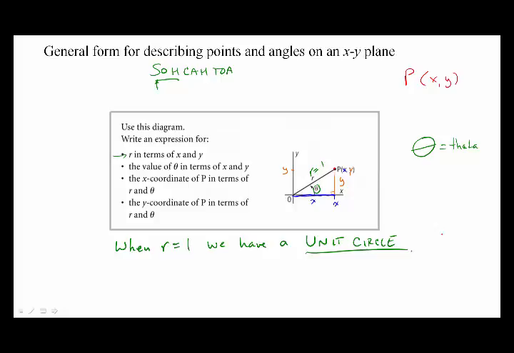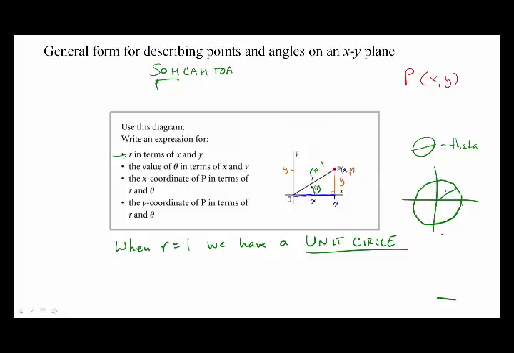We'll get into the unit circle a little later on, we're just going to leave it for now. But what it essentially means is I have a circle drawn around the coordinate pair where the radius of the circle is 1. That's all it means. We're just declaring the radius is 1,